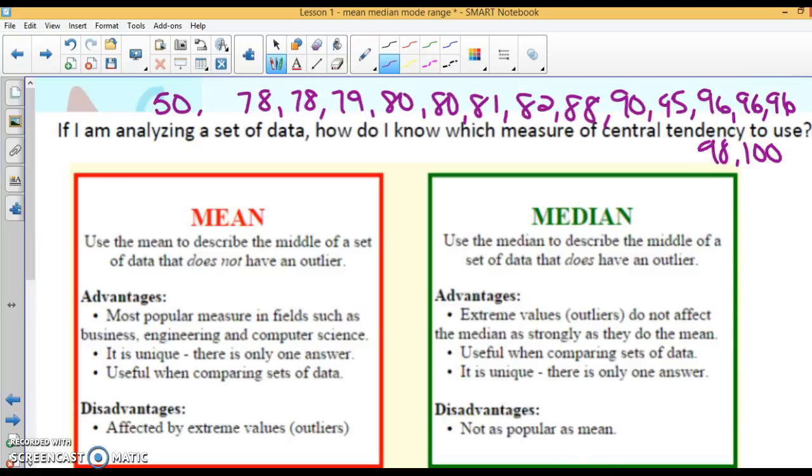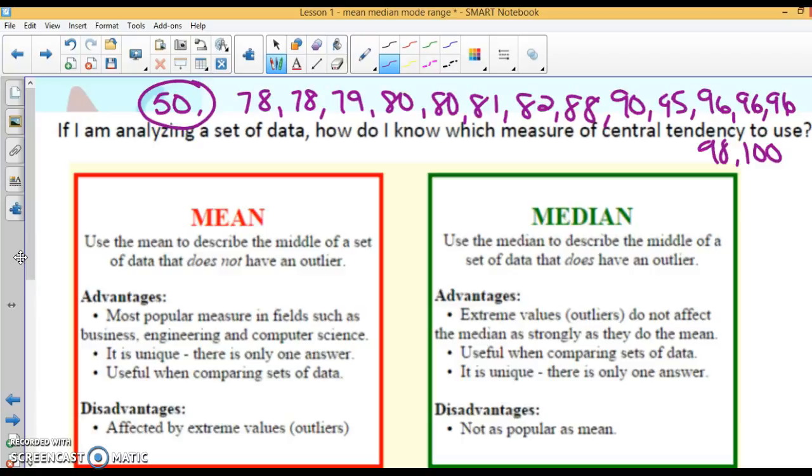All right, super important for you to realize, take a look at that set of data. Isn't 50% way lower than all the others? So if I gave you this set of data, 50 is what we call an outlier. So if I'm talking about my class,